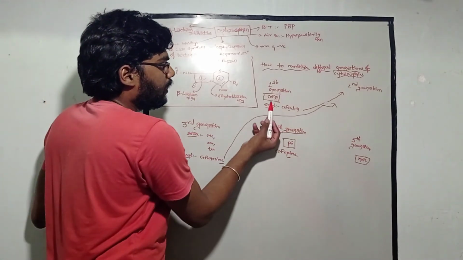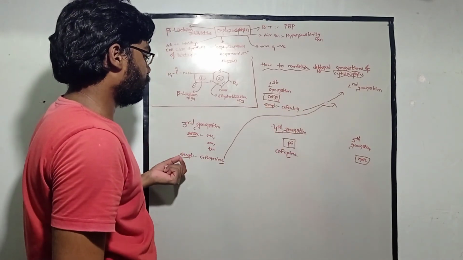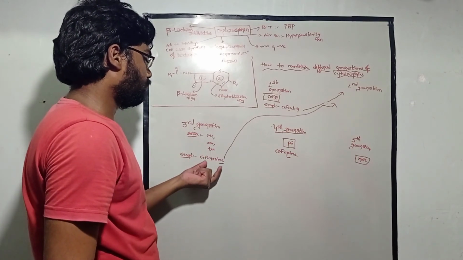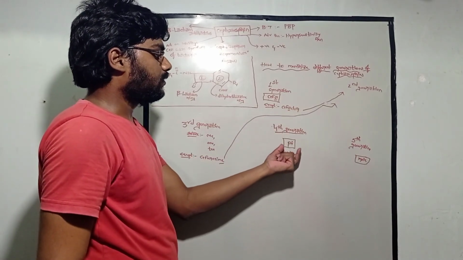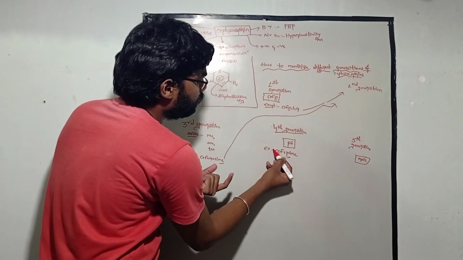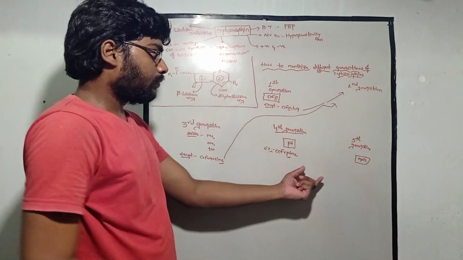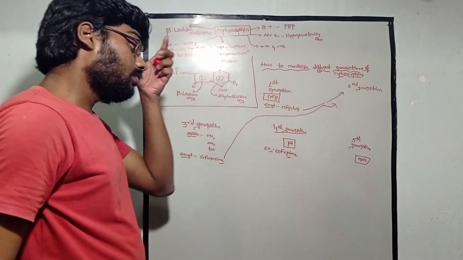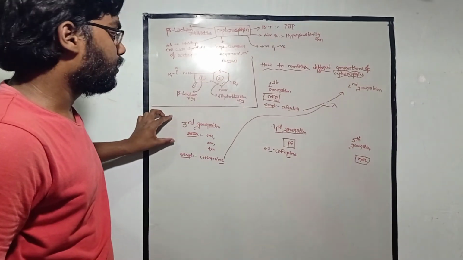Okay, if there is A after Ceph, it belongs to first generation except cefaclor, and suffix ending with me, 1 and 10 belongs to third generation. There is one exception, cefuroxime, which belongs to second generation. Fourth generation has pi in the center of the drug, example cefepime. There is no exception in fourth generation. In fifth generation, the center of the drug has role, example ceftobiprole. There is no exception in fifth generation either. Exceptions are present only in first generation and third generation.